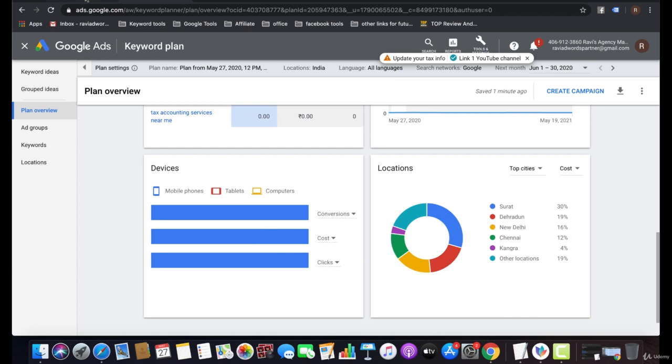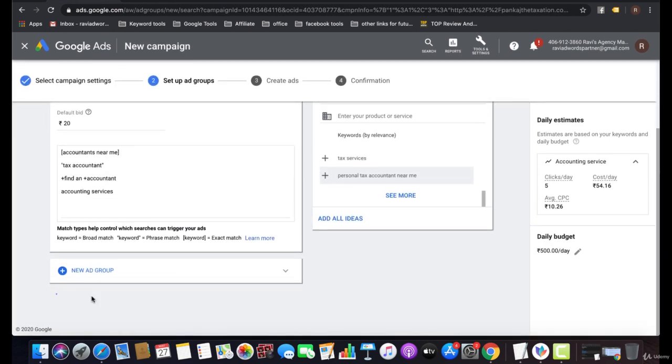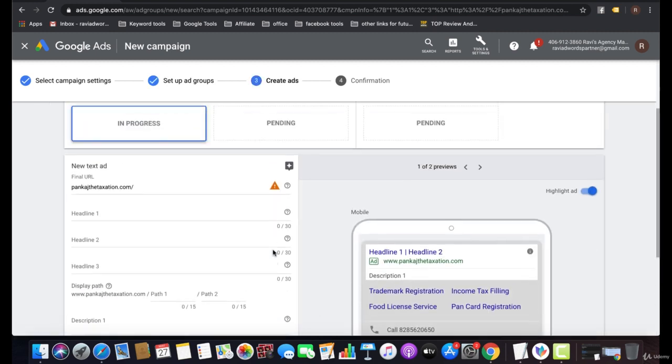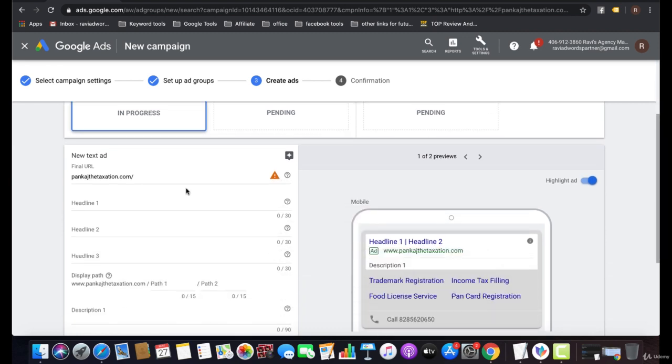Now I have already selected these keywords, and now we will go to save and continue. After clicking on save and continue, it will go to the ad creation part. Always put the final URL for the particular service or particular product.